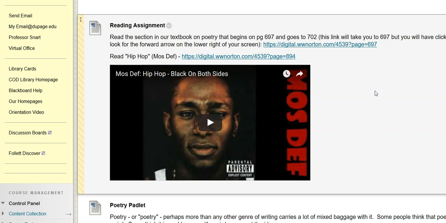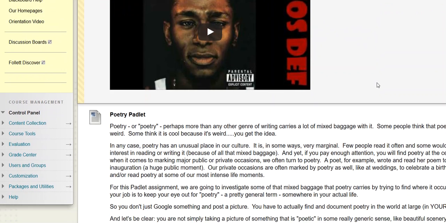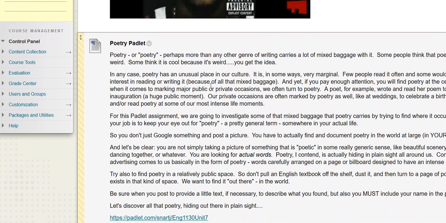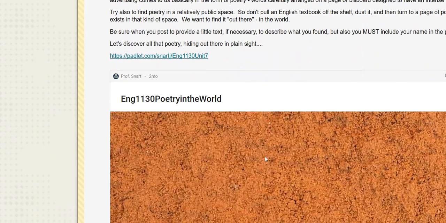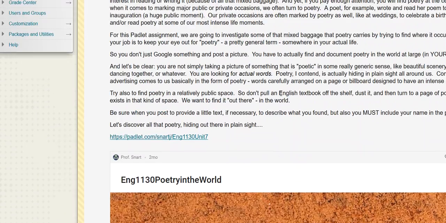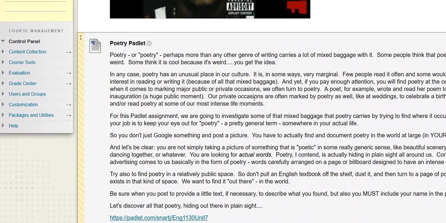So our first thing to do with poetry is actually to bust that wide open and find out where it is everywhere in our lives. So in the form of lyrics would be an obvious case. But we're going to go even broader than that. So we have a Padlet, a tool that we've used in our course. In this case, again, in the truly mobile sense, to have you out there in the world looking at things or looking for things. And we're going to try to find poetry, or quote-unquote poetry,